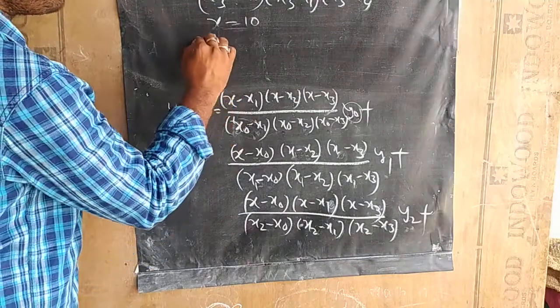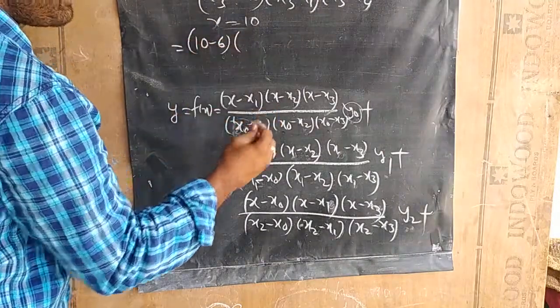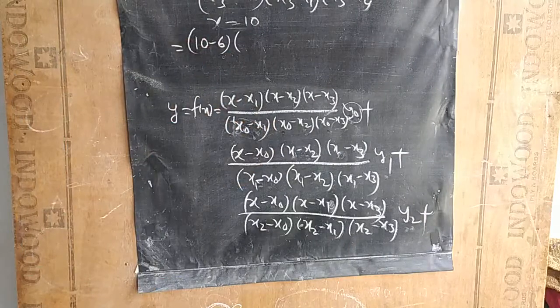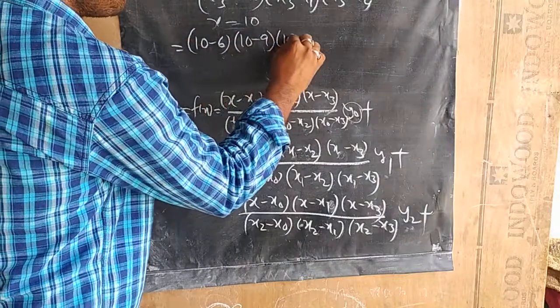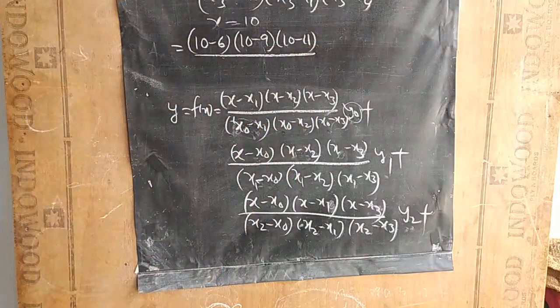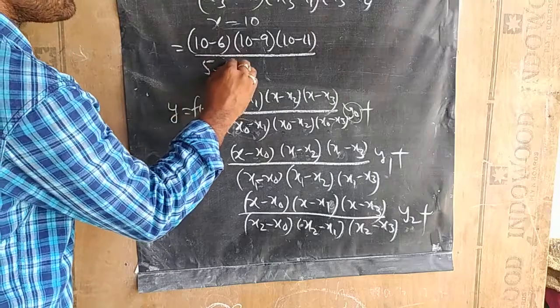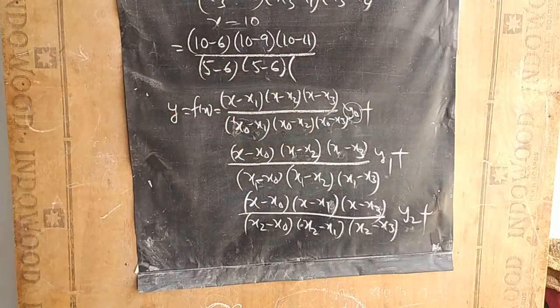This can be written as 10 minus 6 into 10 minus 9 into 10 minus 11 divided by, what are the values again? 5 minus 6 into 5 minus 9 into 5 minus 11